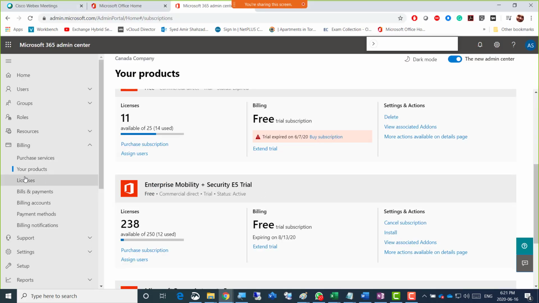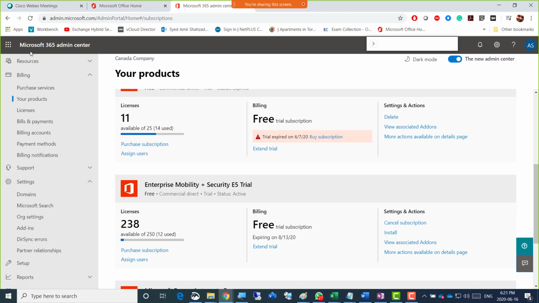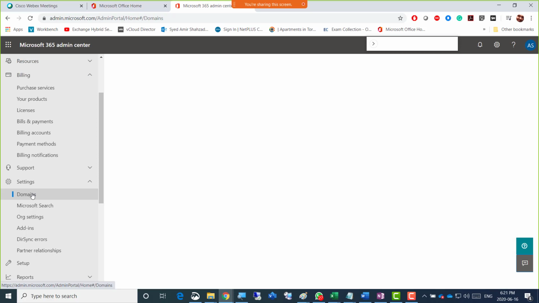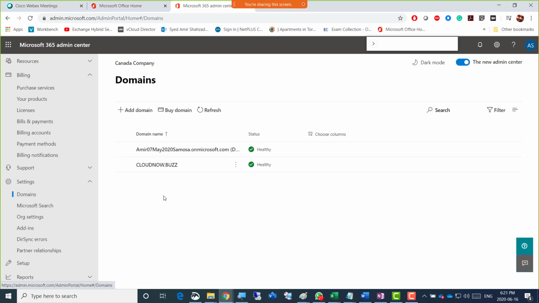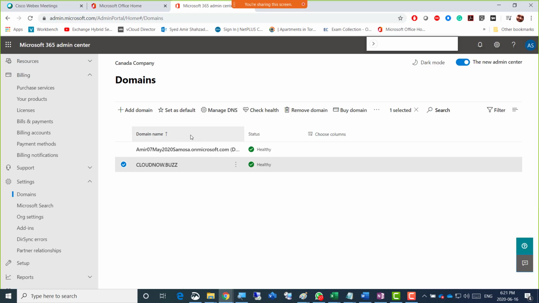I'm just going to go back here, and where's our domain? If we go down to settings, there is domains within the Microsoft 365 Admin Center. If you click domains here, this is where we started the process of adding, or maybe we started from Active Directory. From here we can add, and from Active Directory we can add. It's the same thing. First of all, the domain that you've added, just click on that and make sure that it is not primary. Mine is not actually primary.